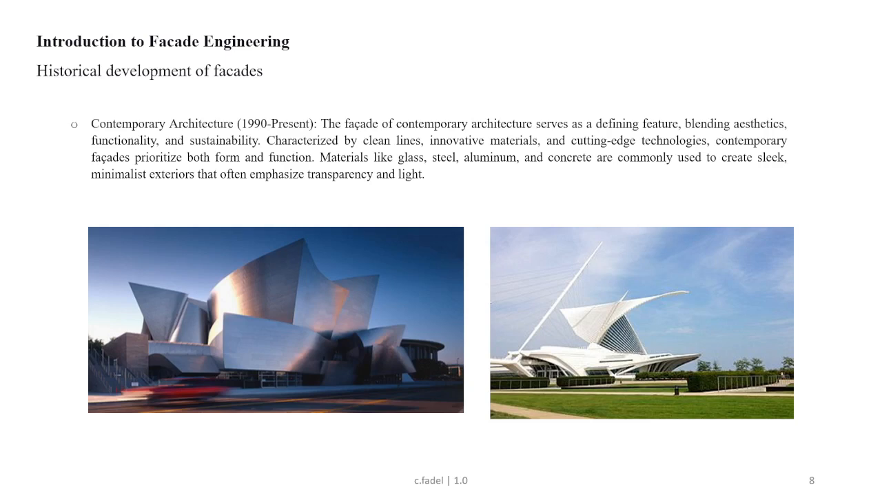Materials like glass, steel, aluminum, and concrete are commonly used to create a sleek, minimalist exterior that often emphasizes transparency and light. One of the hallmarks of contemporary facades is their dynamic interaction with the environment. Advanced glazing systems, for instance, allow for maximum natural light while providing thermal insulation and reducing energy consumption. Additionally, features such as louvers, shading devices, and green walls are integrated to enhance environmental performance, manage solar gain,